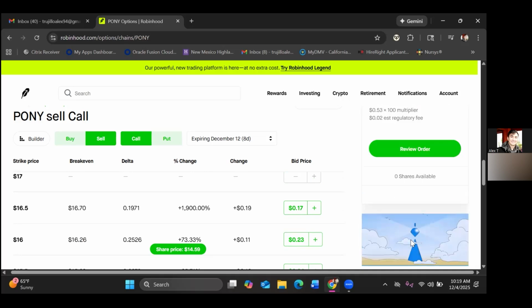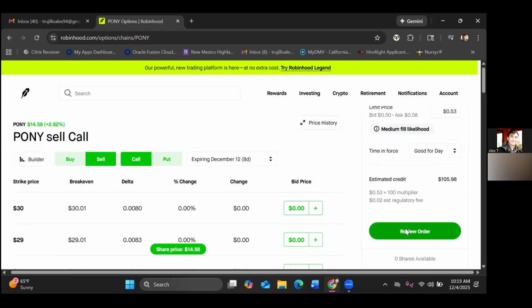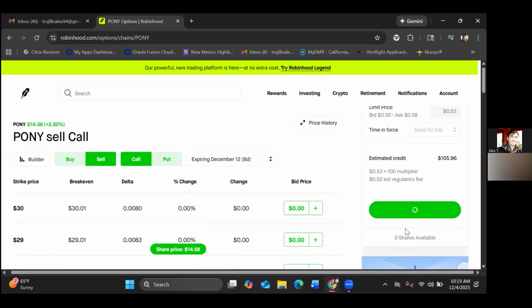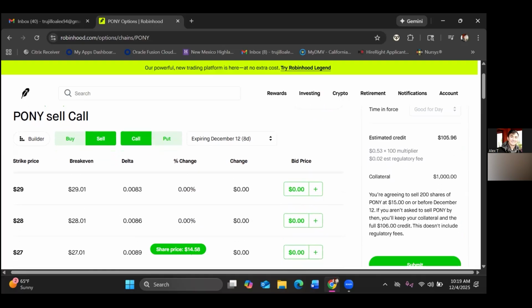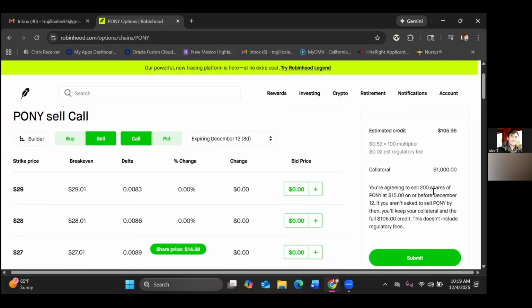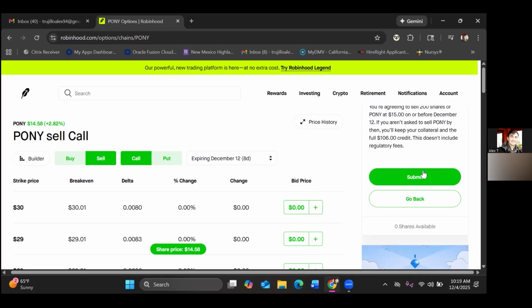I guess in a way, it doesn't want to because your LEAP is not collateralized, because the LEAP contracts are in the red, so it's not letting you do the full amount. Oh, I see what you're saying. Oh yeah, that's right. The market value of the LEAP. Yes, of everything, the cash value. Okay. Wow. So I can submit that. Yeah, I think you do two contracts, so that's fine. Yep, two contracts at 0.53. We'll see how that goes.